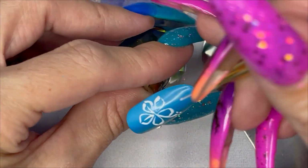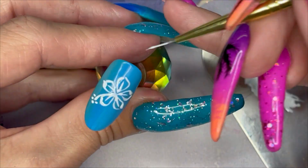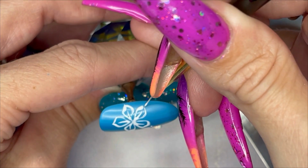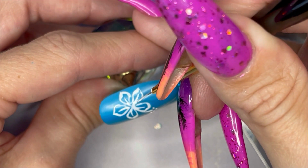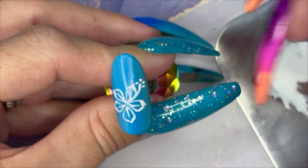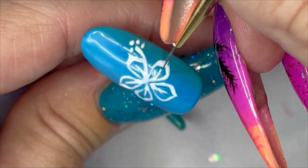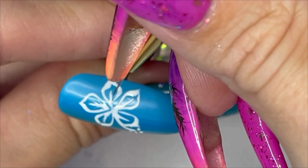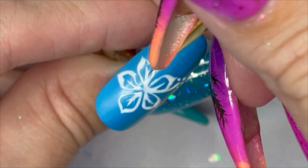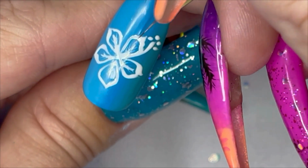So, as you saw, we just do a little C and a little D without the back. A little C and a little D. Then you go around and you just pull the ends until it looks kind of pointy, I guess. Hibiscuses are a little bit more pointy than this, but for the sake of suggestion, it looks like a flower, and the thing that gives it away as a hibiscus mostly is the stamen with the dots, so that's what you want to do. Here I'm getting really finicky with detail,